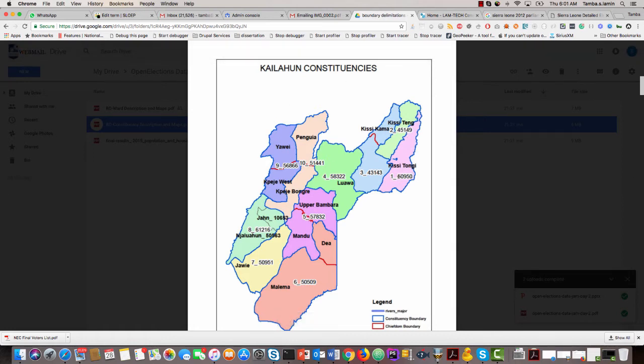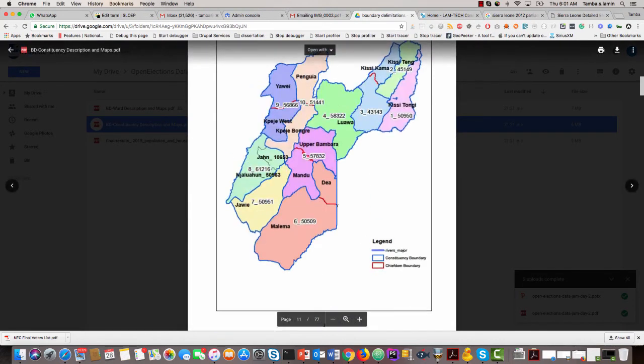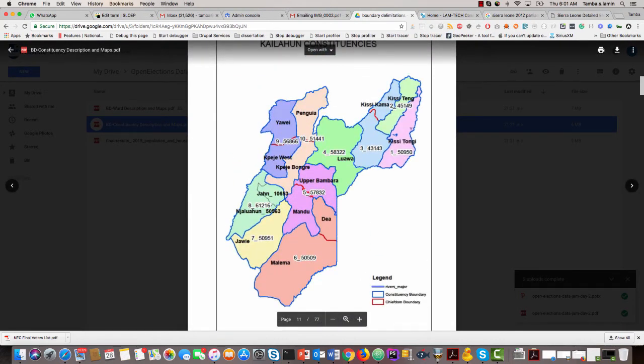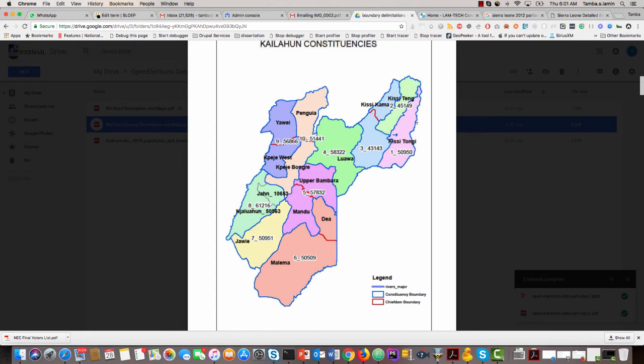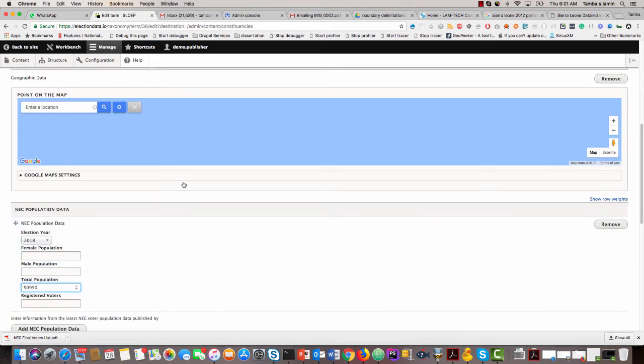So constituency 1 looks like it's somewhere here again in the corner. This looks like constituency 1, and then constituency 2 is the green here, and then constituency 3, constituency 4, and all that. So with that said, I am going to move my map icon somewhere around the corner here. So I'm going to edit that, and I'm going to move my map to say Kailahu